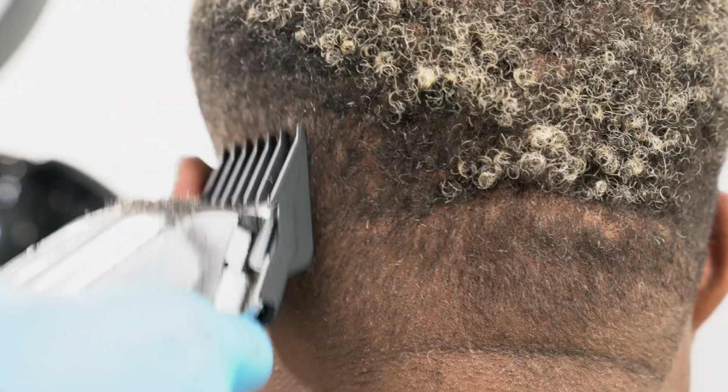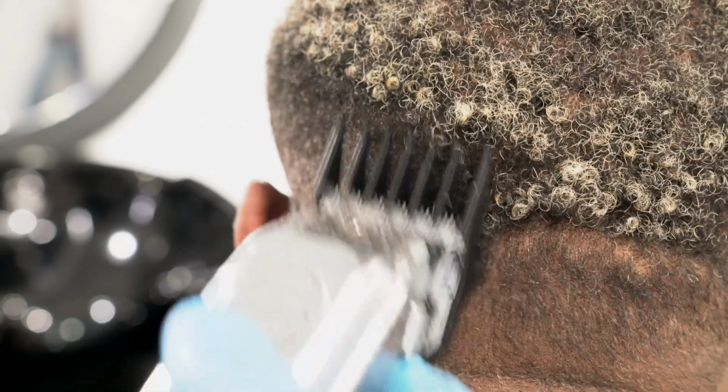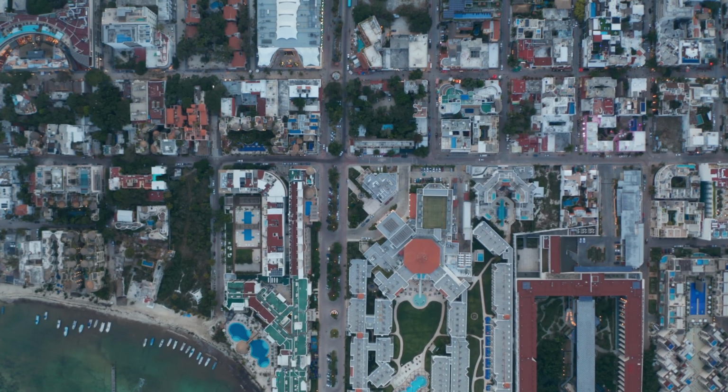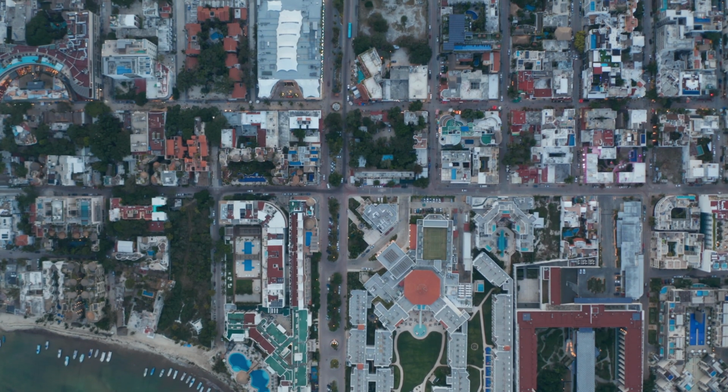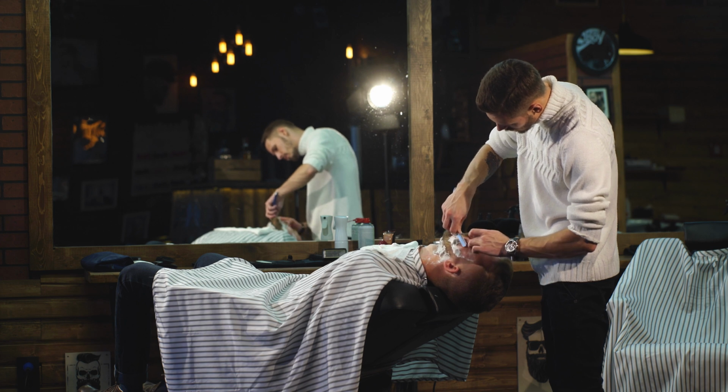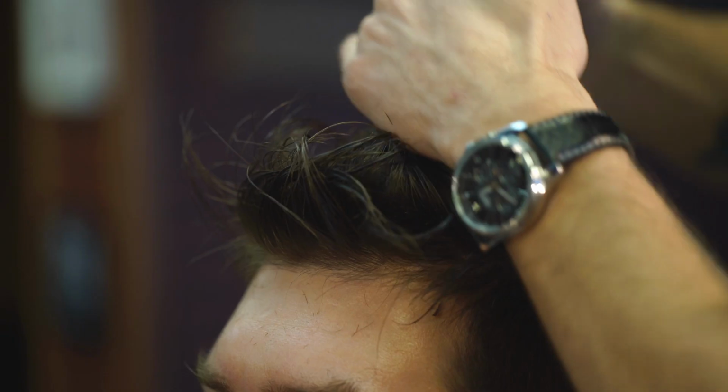Same with gentlemen who want to go to the barber shop. If you're right in a hot tourist area, you are going to pay a little bit more. But here's a key tip. If you go just a few blocks outside of 5th Ave, or just in general any hot tourist area, you're typically going to find some local hairdressers or barbers or people to get your nails done, and you're going to pay a lot less. For example, I got a haircut